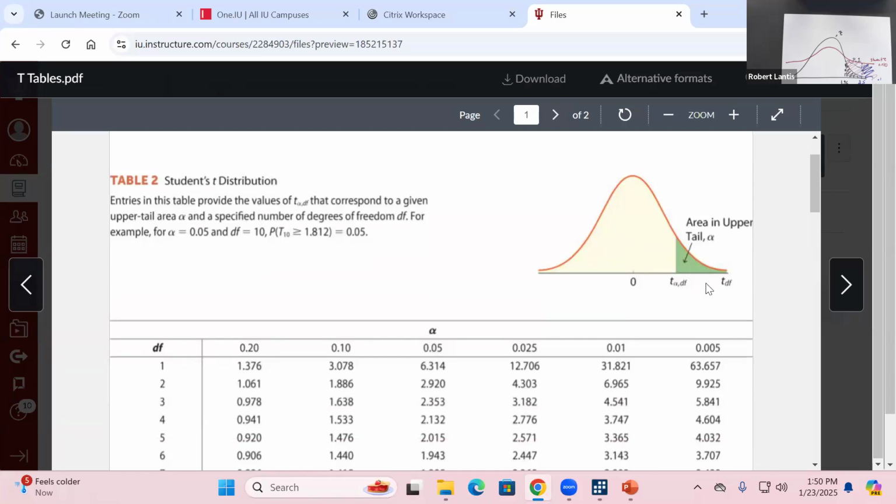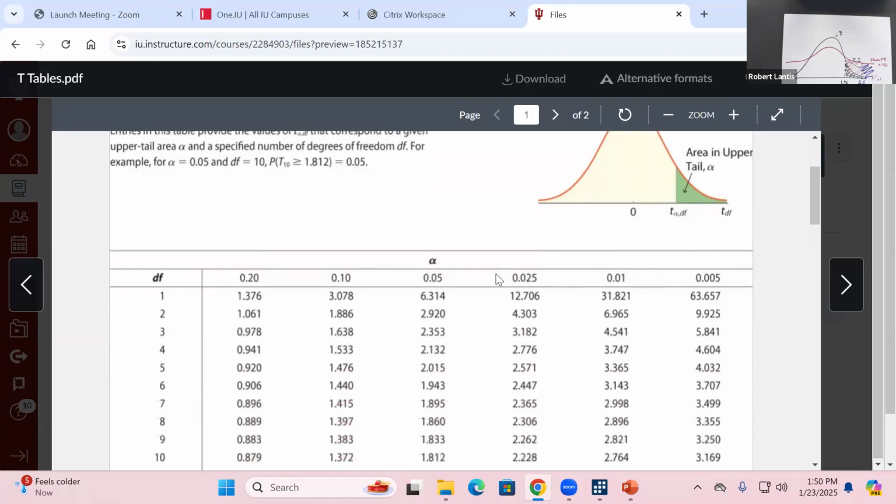So if I want an area of 0.1, how many standard deviations away do I need to go, or what t value, or there's a similar interpretation as a z value, would I need to go to get that 0.1? Well, here I want the area of 0.1 in my tail, right? Now, the t value that would give that to me is going to depend on what my sample size is,